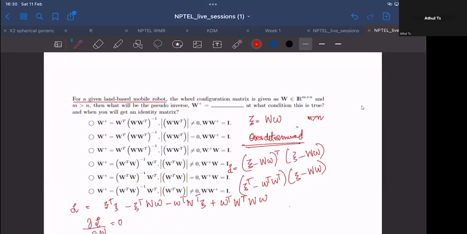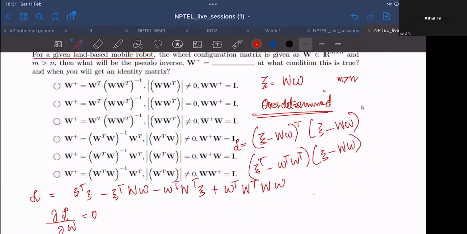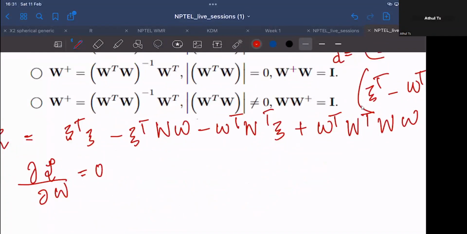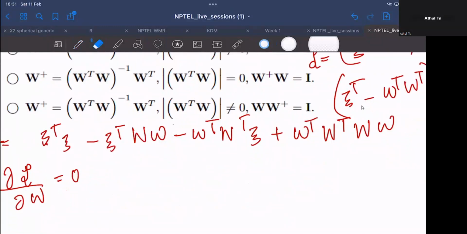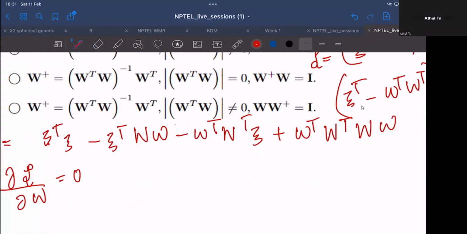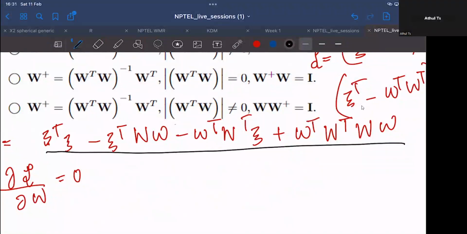What value would minimize the least square error? All right. So if we differentiate with respect to omega, the first term, what will we get? The first term would be 0 because there are no omega terms. And the second term would be minus zeta transpose W omega. We are differentiating this entire equation with respect to omega. And the third term would be